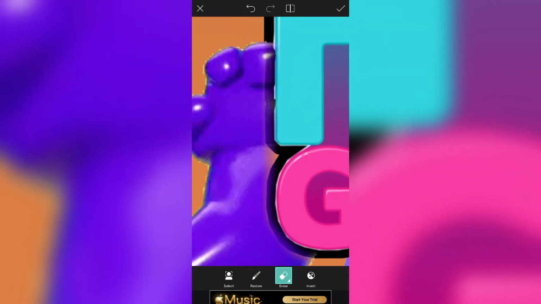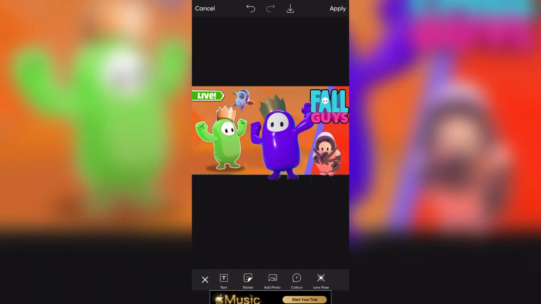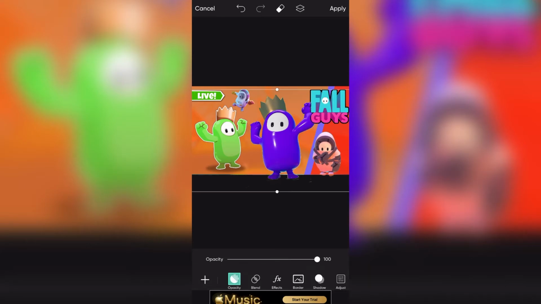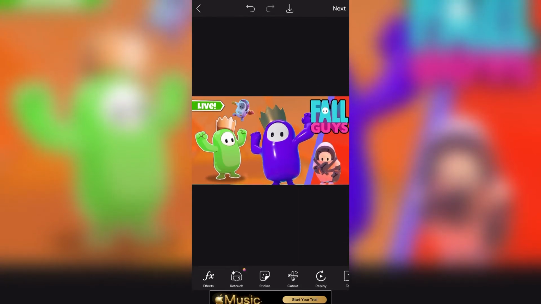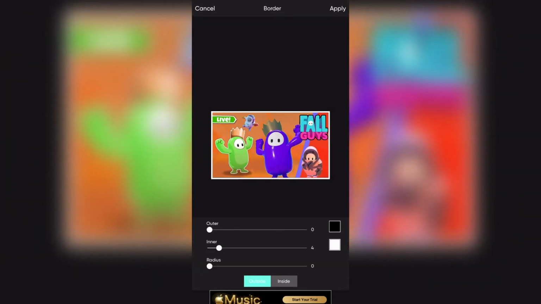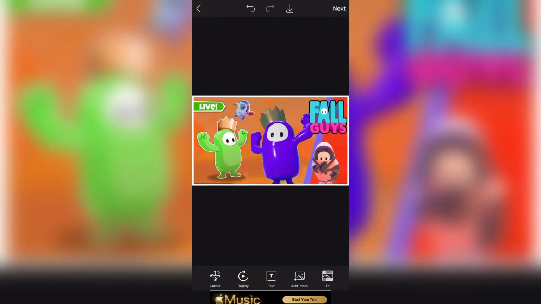If this is the not restored part, I will restore it from here, give it a little go, and look at it, guys. Look at how dope it looks if it goes like this. It's your choice, guys, how you see things and how you make things. You can choose anything. And I have to just click on the apply button. If I want to choose the brushes, I can choose the brushes, just the outer. I can make it white also, you can change the color of it.